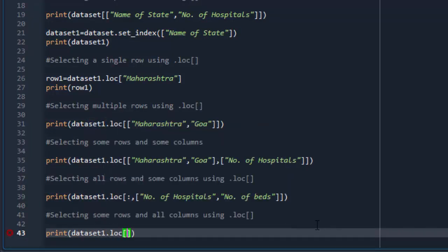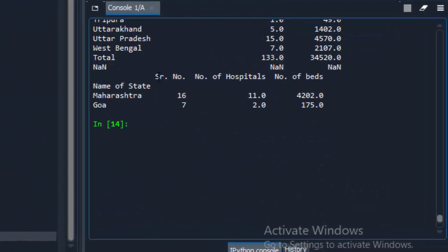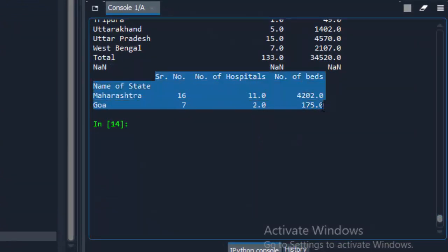Now this time the first parameter is the rows which we want to show, so I'll just take the labels and separating it with comma, the second parameter as per the condition, we want to select all the columns. That is why just specify the colon here. Now just run this file. So here in the output, as you can observe, it is showing all the column names along with the two rows which we have selected within the first parameter.